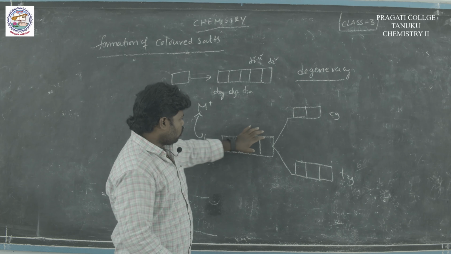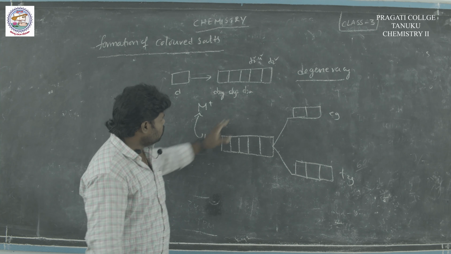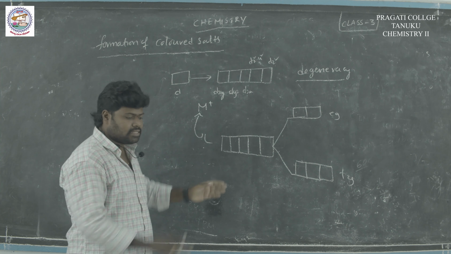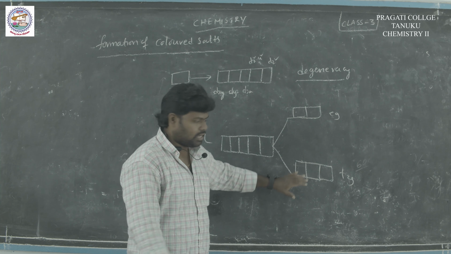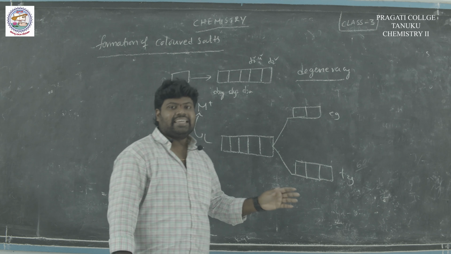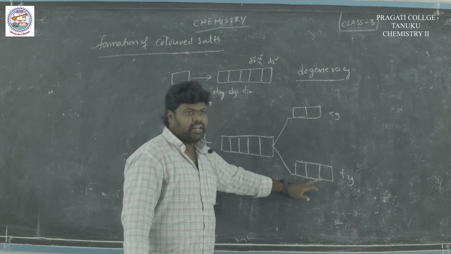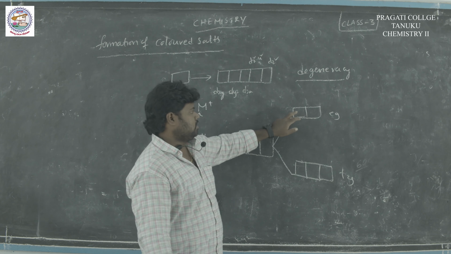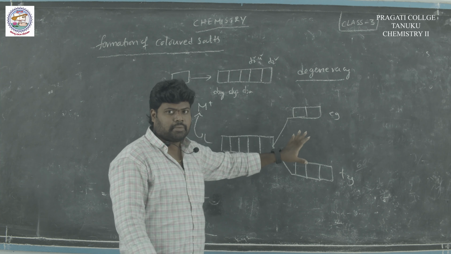So there are 5 orbitals in total. When a ligand is attached to the metal, there is a loss of degeneracy, meaning the orbitals that had the same energy are split into 2 sets, each having some orbitals. One set is called T2g, the other is called Eg, that is, a triplet and a doublet. The triplet has dxy, dyz, dzx, and the excited-state doublet has dx square minus y square and dz square orbitals.